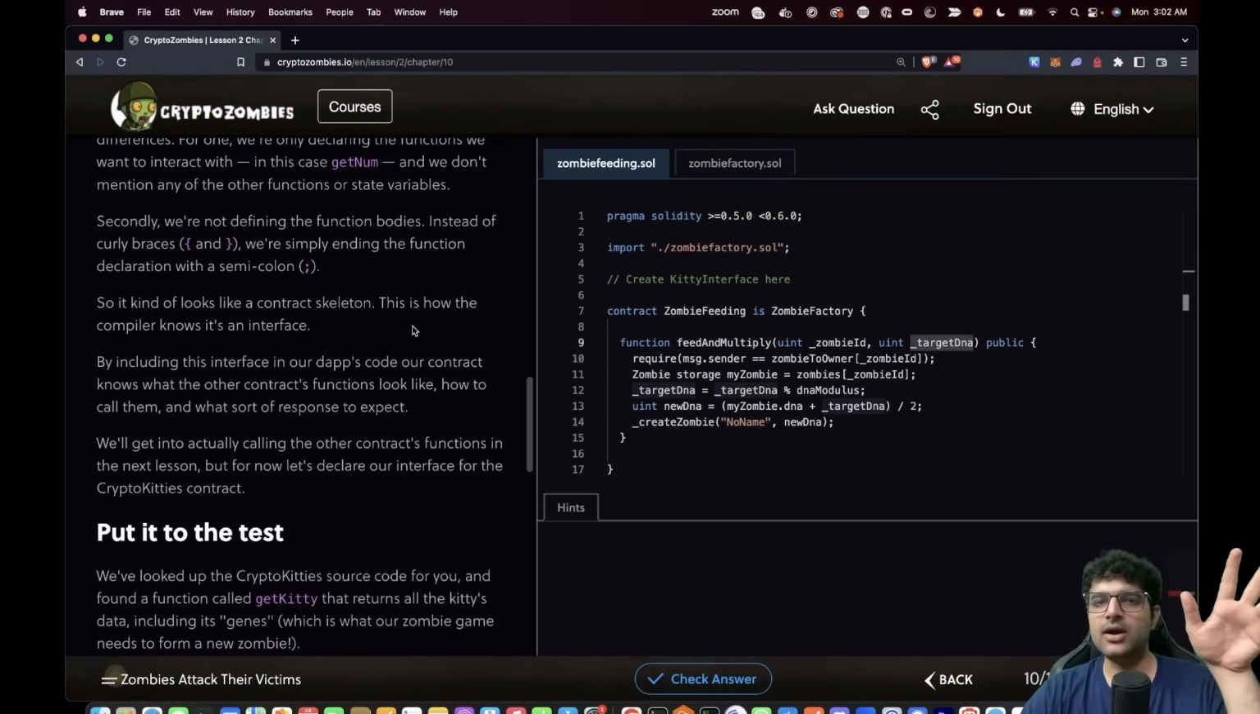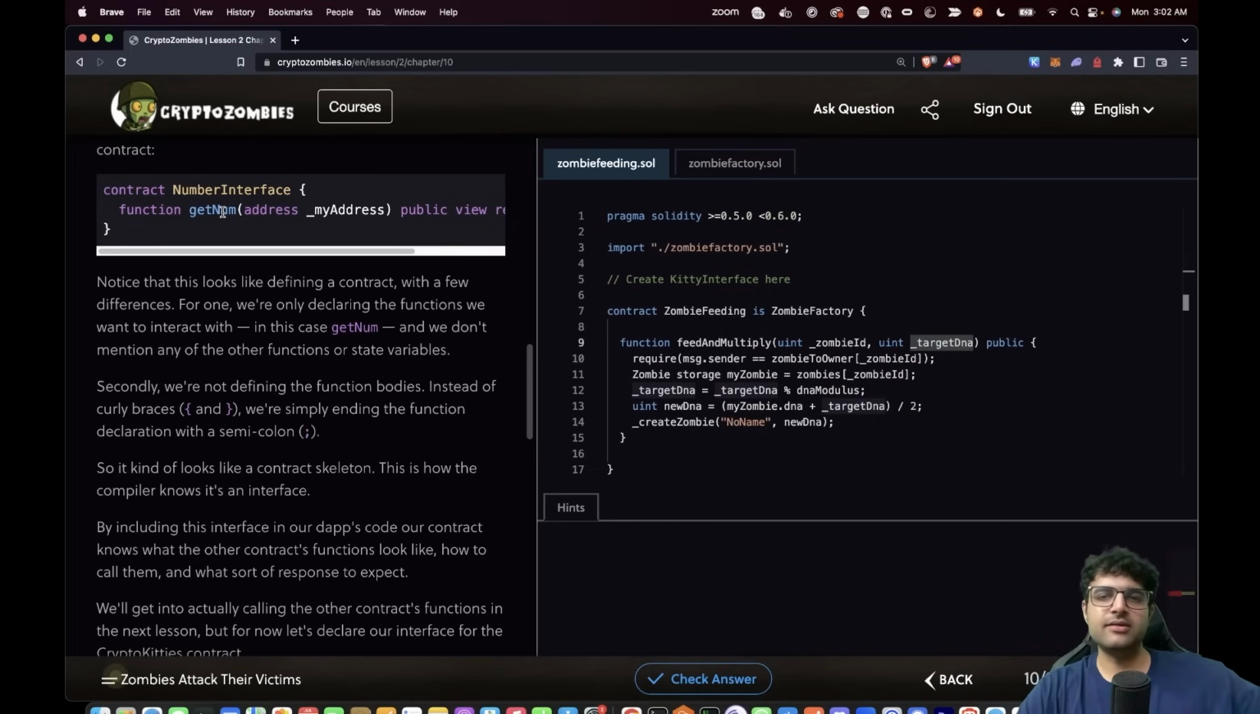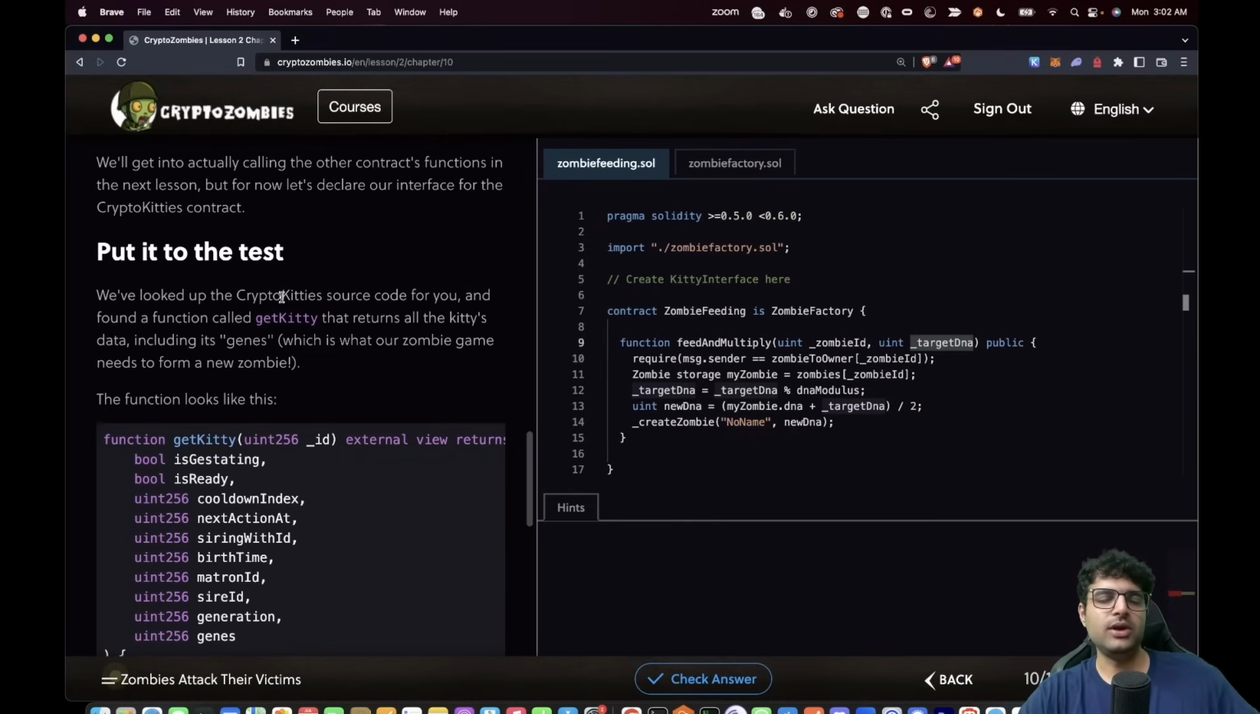So it's kind of like a contract skeleton. It is the skeleton of this other contract. And why is this useful? Let's go down. This is useful because whenever you want to call a function from one contract to another, you